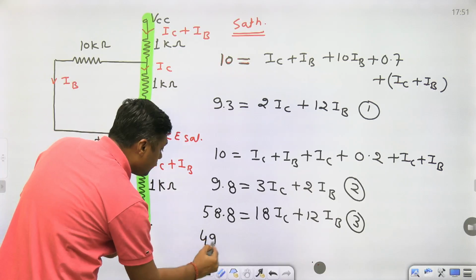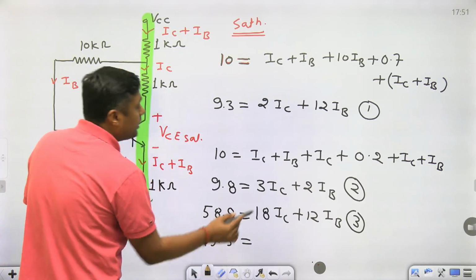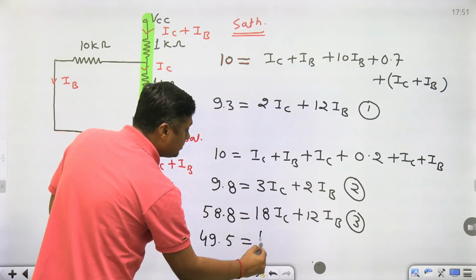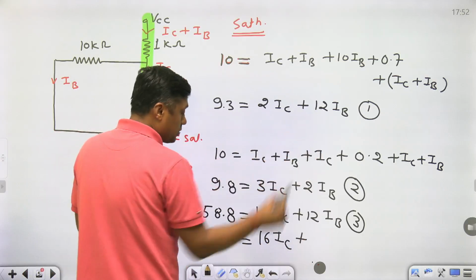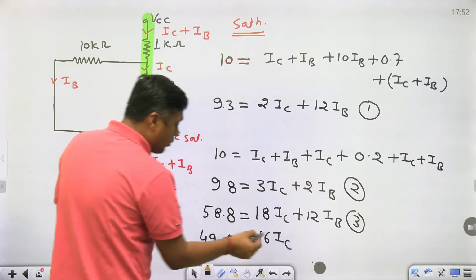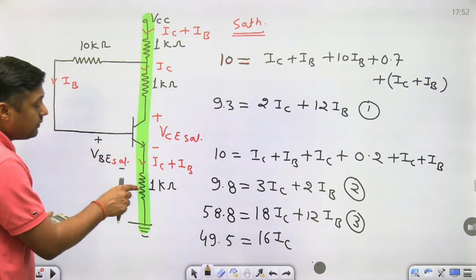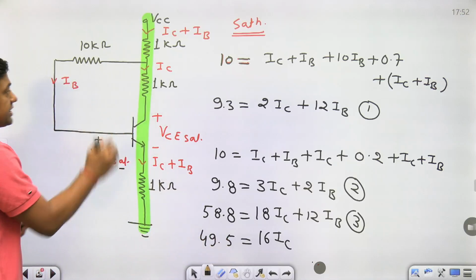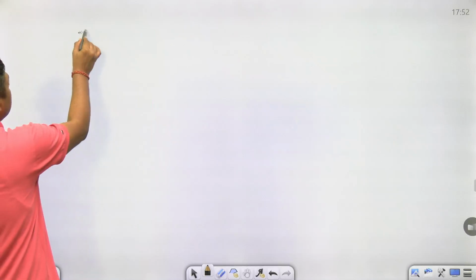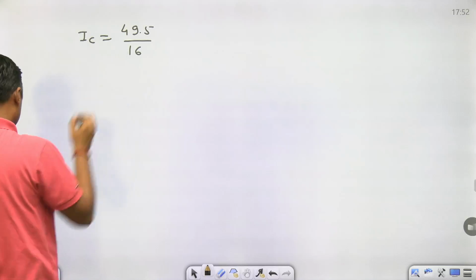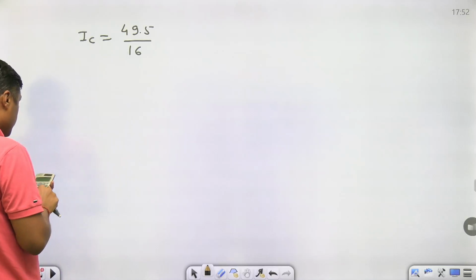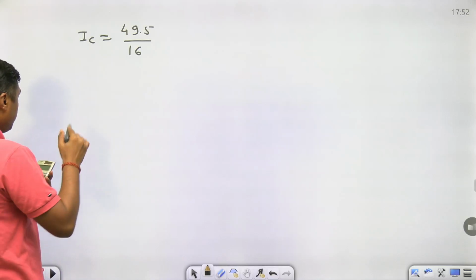49.5. 49.5 is equal to 18 IC minus 2 IC, that will become 16 IC. This is cancel out. Now you can find what IC. What is the IC? 49.5 upon 16. So you will get IC is equal to 49.5 upon 16, and that is the answer for this question. And you will get 3.09